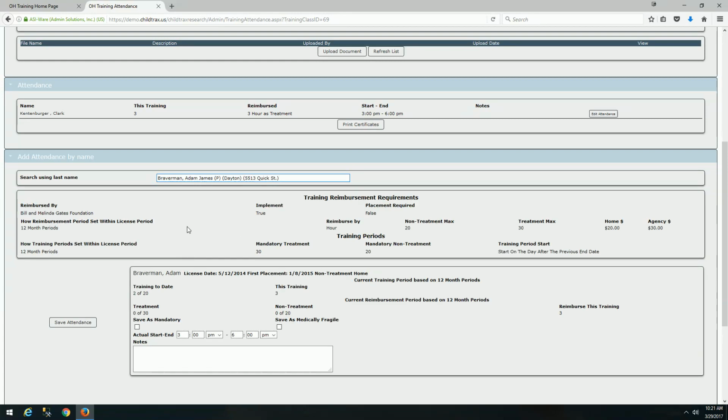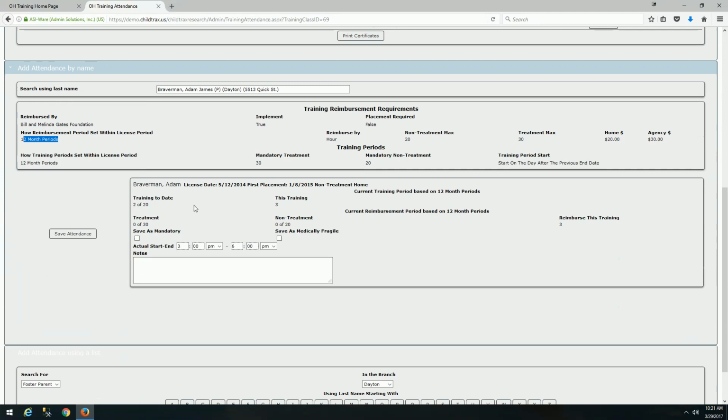So I'm going to click on Braverman here, and all the information starts coming up: who it's reimbursed by, how this reimbursement period is set within license period. All the information that's set at a branch level is right here. For Adam here, all I do is look at the information. If he only arrived at 4 instead of 3, I can credit that here. I can change the time that he arrived to give him the proper credit for what he was actually there for. For this instance, I'll do 4